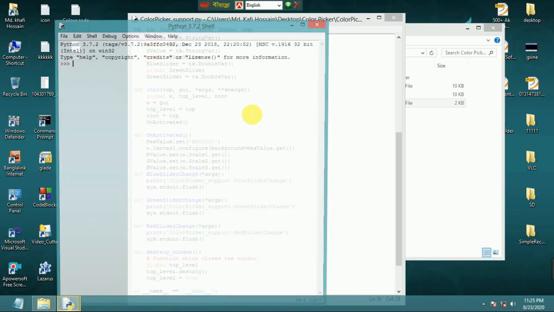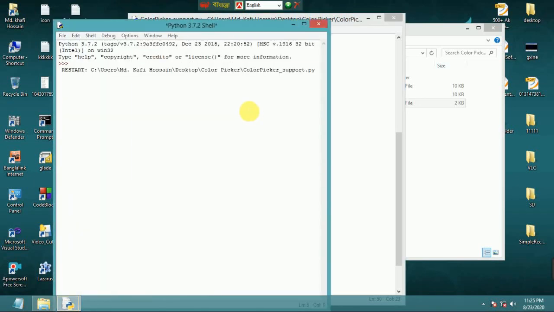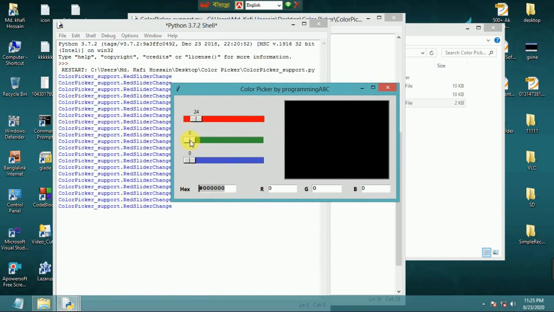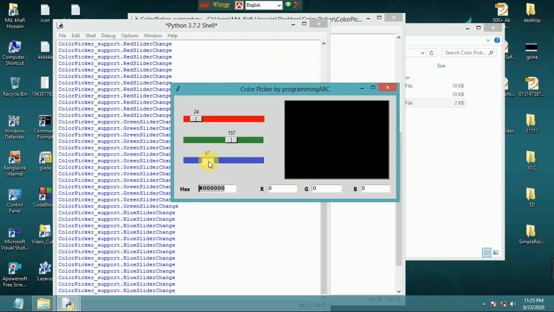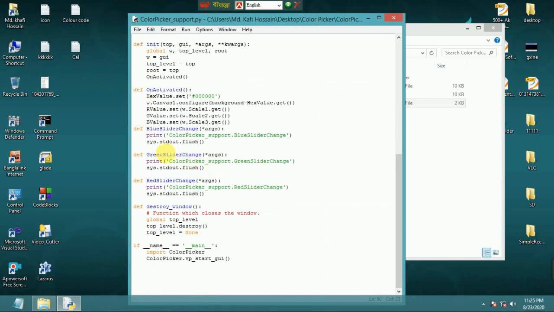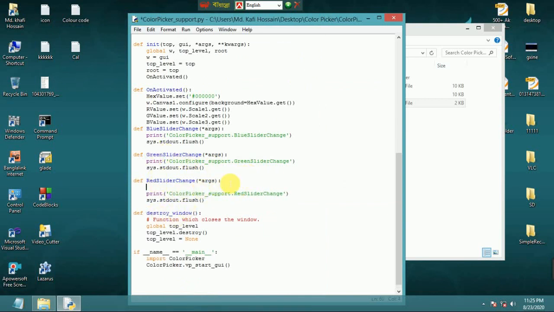Now run this, our project on activated. These are the black color code. These are not working. Now we write this event. At first red slider sense, r value